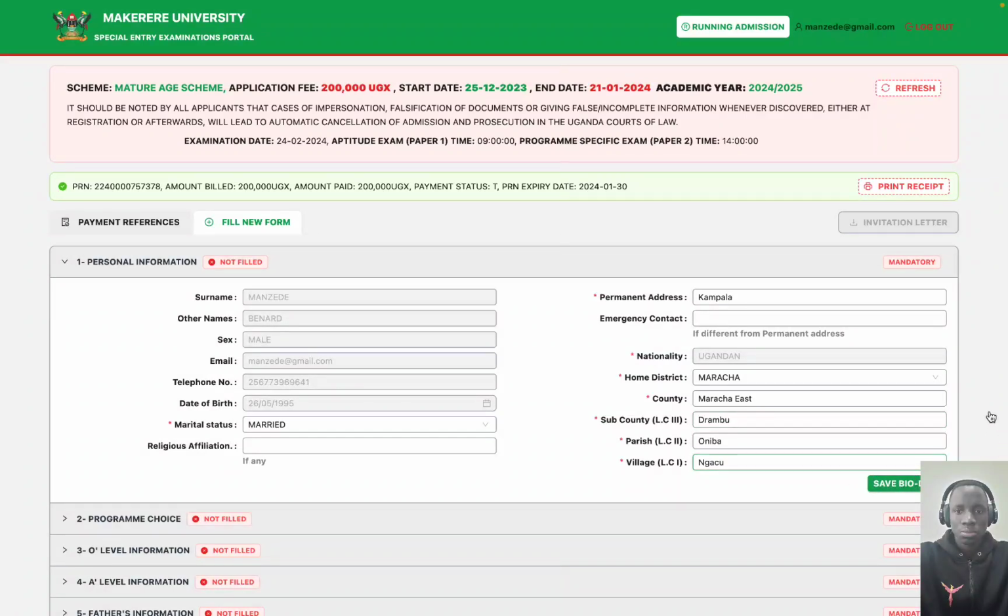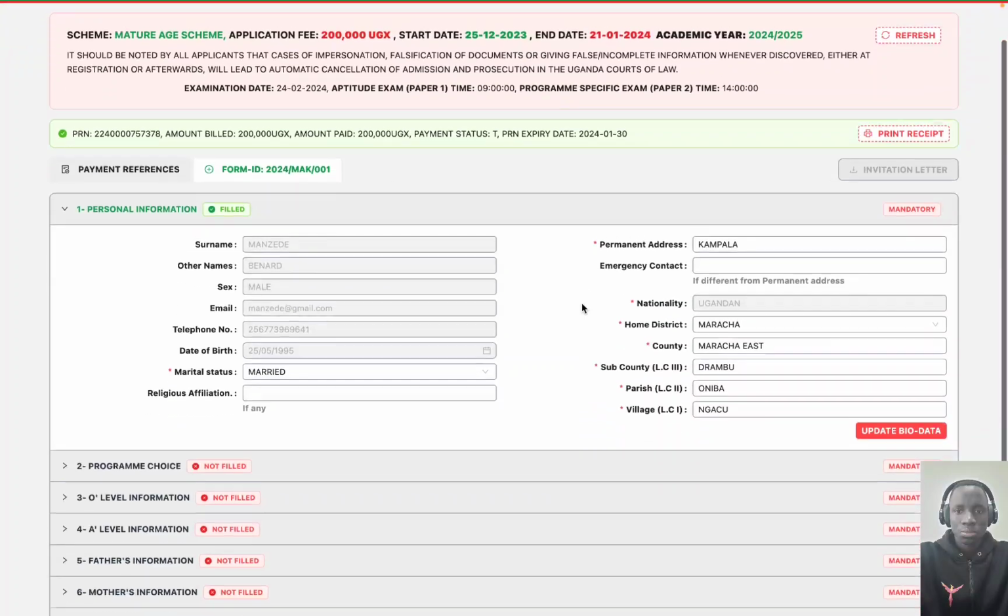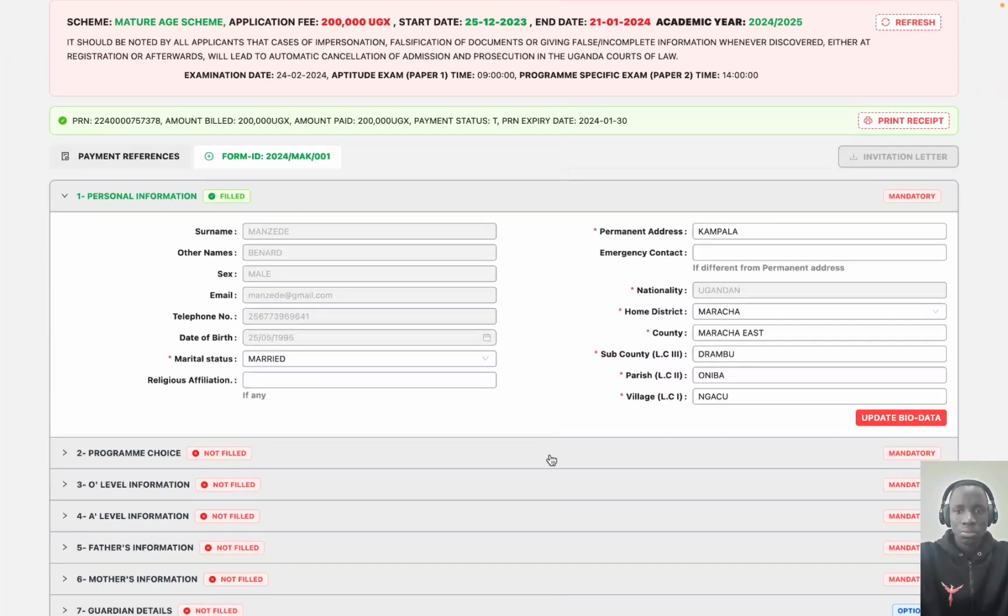So you save this information. Now that is personal information. Once you submit this form, you'll be given a form ID, which is like 001. You can update the biodata, even after saving, you can come back and edit.